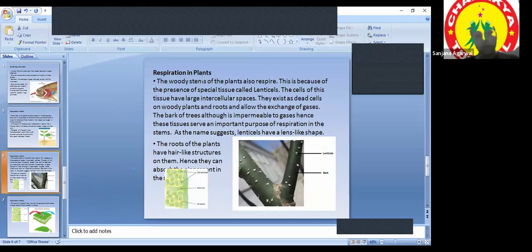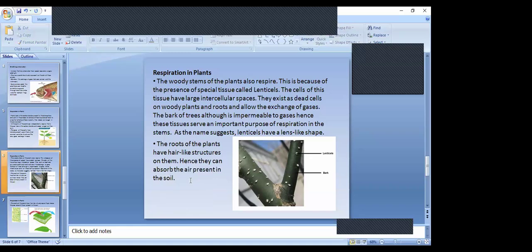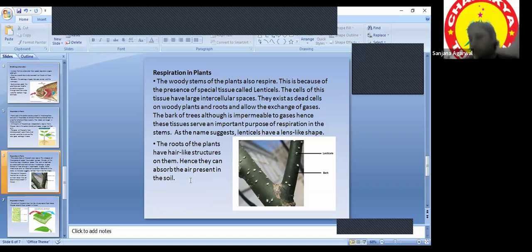Who will be reading this? Because see, photosynthesis does not occur in all the parts of a plant, but respiration can be processed by every single part of a plant. So please read it out. What about the parts apart from leaves? How do they respire? Ma'am, this PPT is being uploaded in the Wise app, right? Yes. Okay.